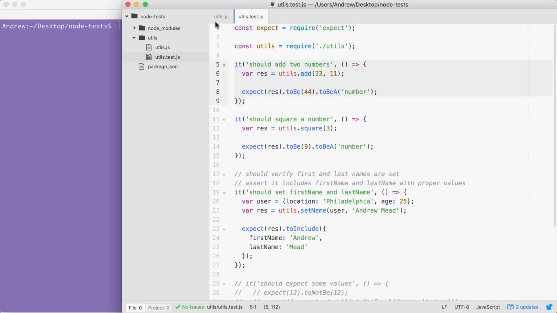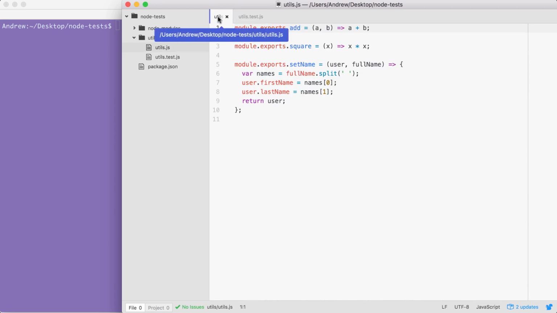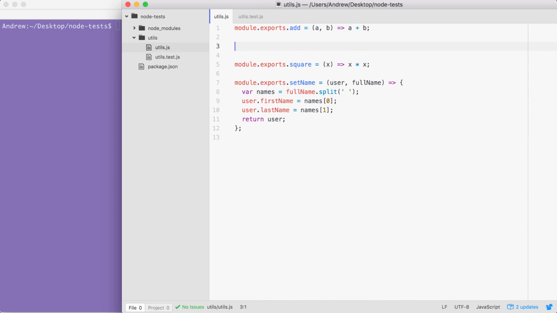To kick things off, we're going to make a fake one using setTimeout to simulate a delay over inside of utils.js. Just below where we make our add function, I'm going to make one called asyncAdd. It's essentially going to have the same features, but it's going to use setTimeout, and it's going to have a callback to simulate a delay. Now, in the real world, this delay might be a database request or an HTTP request. We'll be dealing with that in the following sections. For now, though,